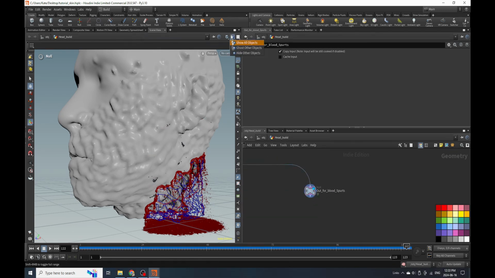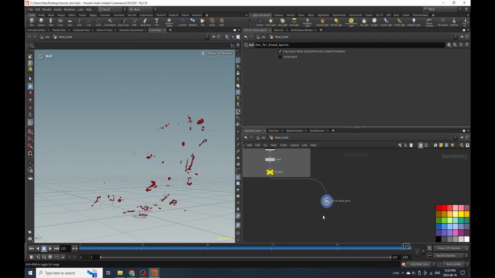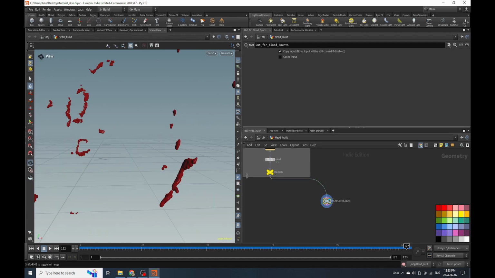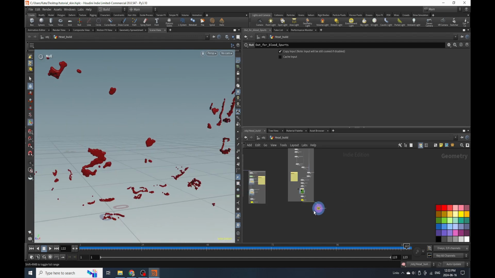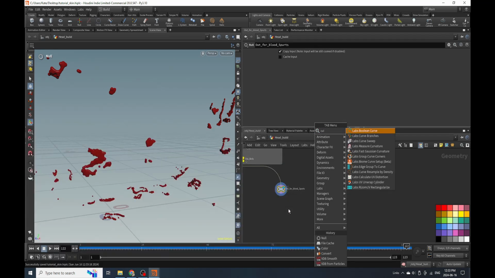Alright, so now for the final stage, we are going to have to build our blood spurts. So I'm actually going to sample the out boils down here instead, because I think if we scatter things onto the surfaces, it's going to work out a little bit better. Now, I'm also going to have to set up the velocity and also cull any of our emitters that are going to be, or anything that we're emitting from that might be